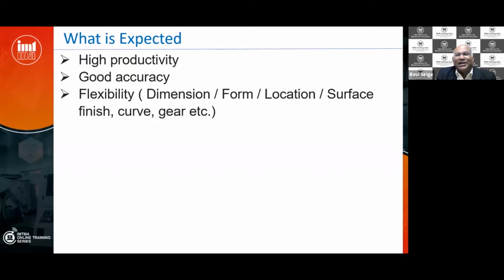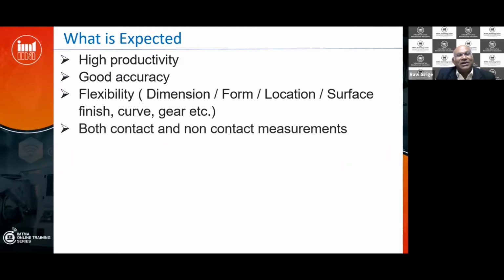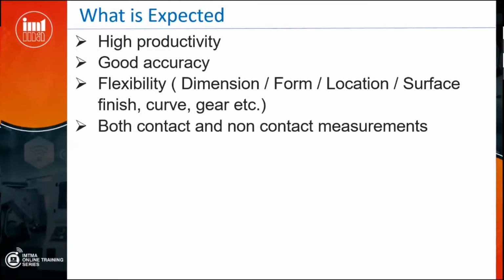But in normal practice with conventional metrology, we use many instruments to do a measurement or quantify. But when you are looking at CMM, CMM brings in flexibility. This is one of the biggest advantages we have. But what we need is both contact and non-contact capability. It could be rubber, it could be soft parts, where even by touching it may deform. So what is expected is that we want both contact and non-contact measurements to be done by CMMs.